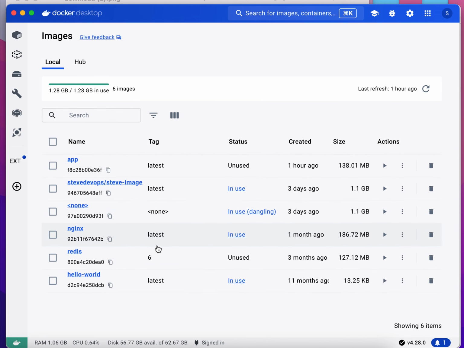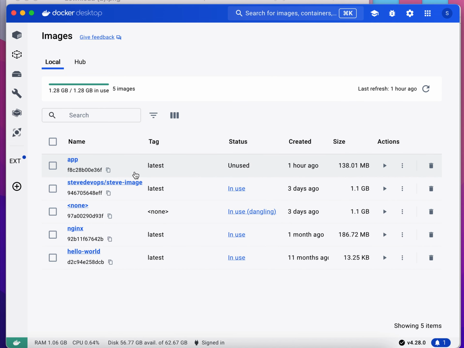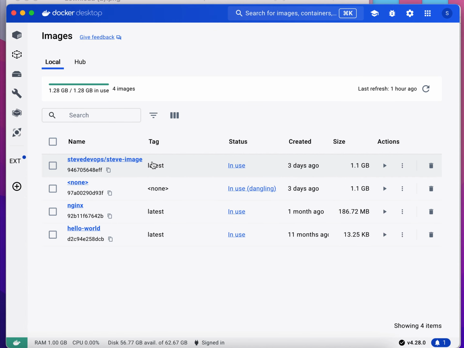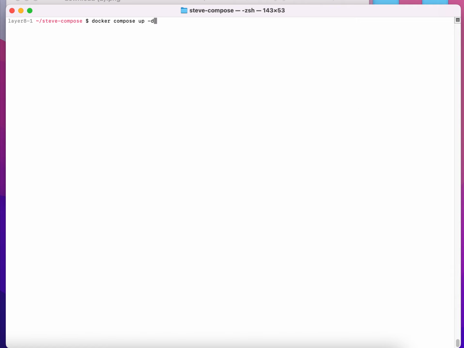And then I will delete the Redis, and I will delete the app. Okay, and we don't have any Redis image and app image here, so I will run docker compose up